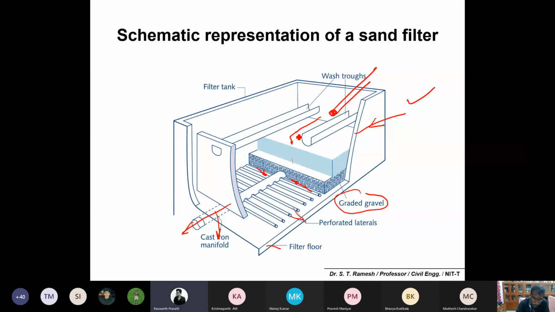Now during the course of backwashing, you just stop this influent and allow the pressurized water to flow through this central manifold and also through the laterals. What will happen? Because of the higher velocity, the water will rise and the bed will expand up to this level, and it will also dislodge all the solids. The slurry or muddy water can be collected through these wash water troughs and taken further for treatment options. Is it okay?